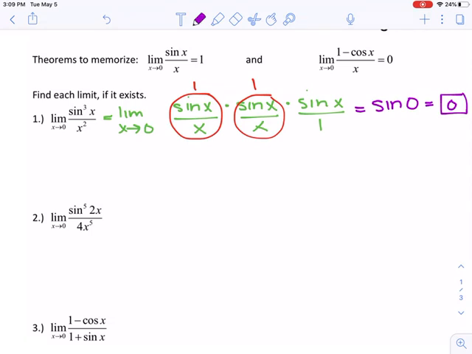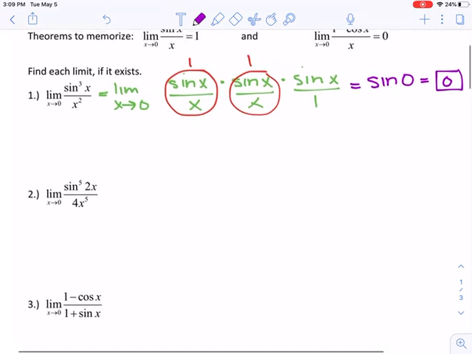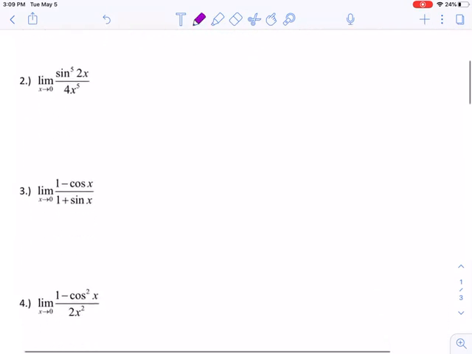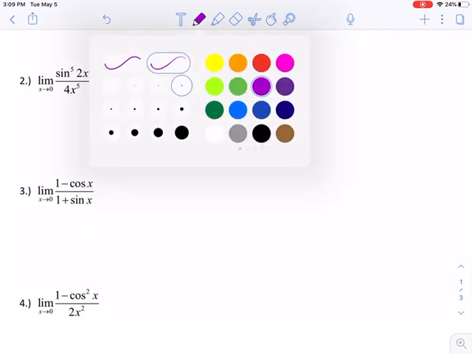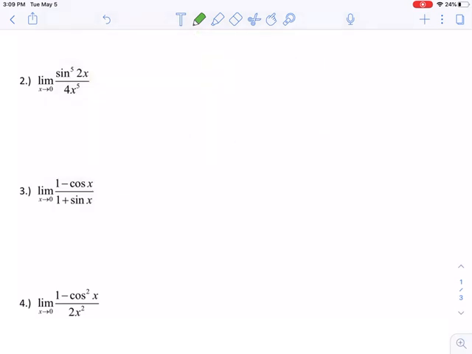We can do the same thing for question number 2. This time, we've got the sine of 2x raised to the 5th, so we have 5 of those multiplied together, over a 4 times x to the 5th. So let's go ahead and break it up just like we did in number 1. I'm going to rewrite this as the limit as x approaches 0 of, I've got 5 of these sine of